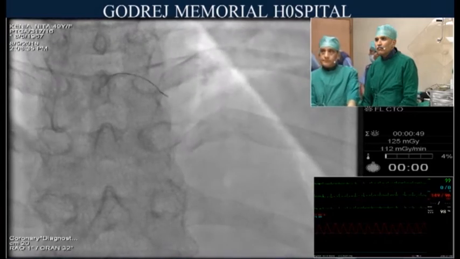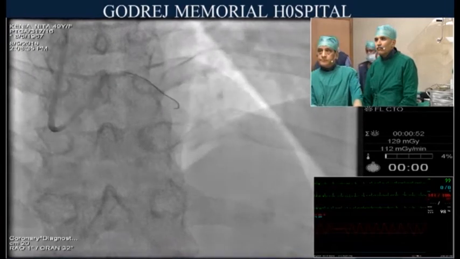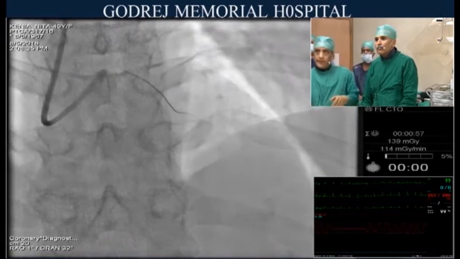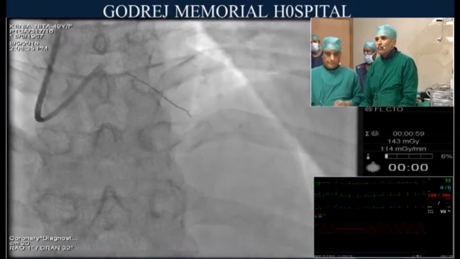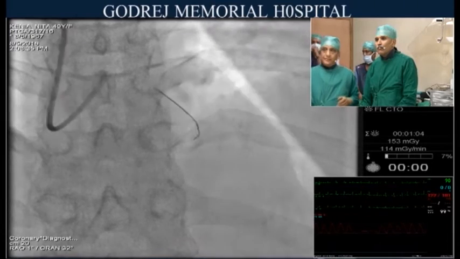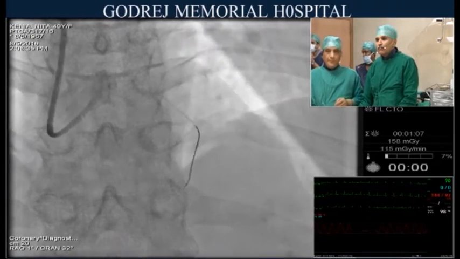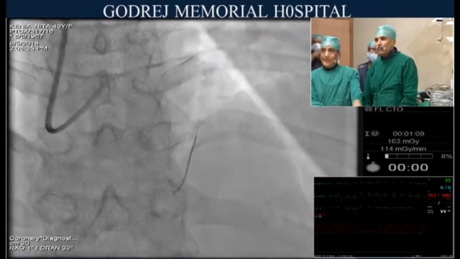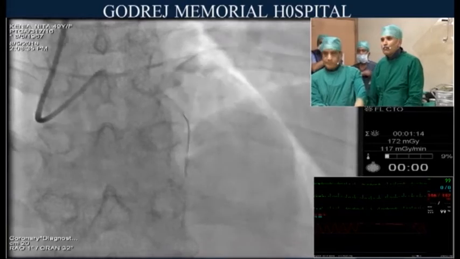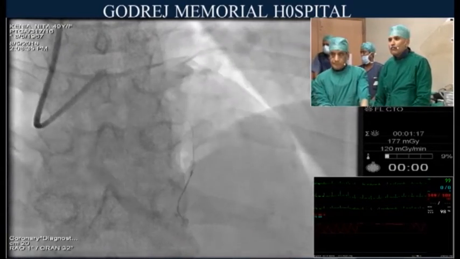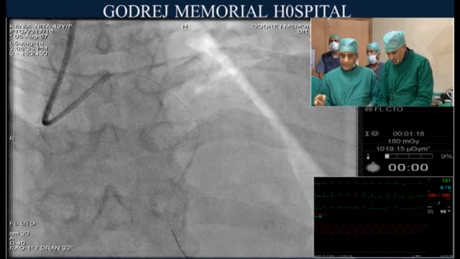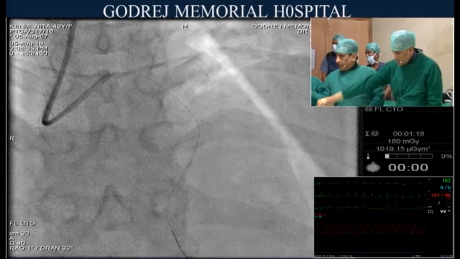Yeah, so this is a very good discussion for provisional bifurcation, Dr. Sharma. It's a nice case. So what is it, a 6 French radial system? It's a 6 French radial, and actually the patient had a radial procedure a few days ago. They were still able to go through it. Slightly painful, but you know, which happens. A long segment of disease. Good, now the wire has gone. We have given heparin, 7,000 heparin. Are you ready with the balloon?